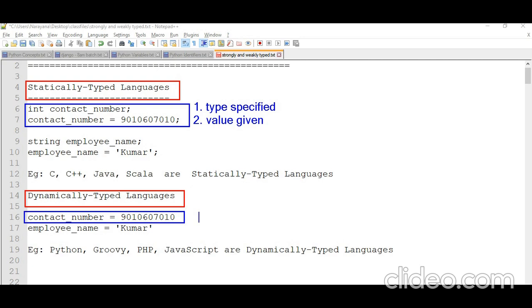Here only one line, and there also we are directly giving the value.